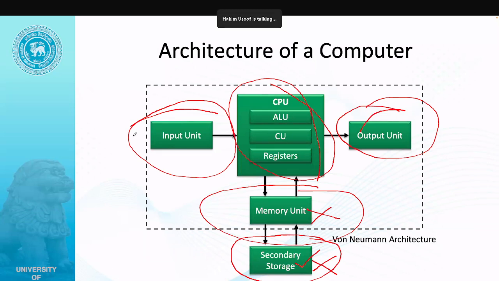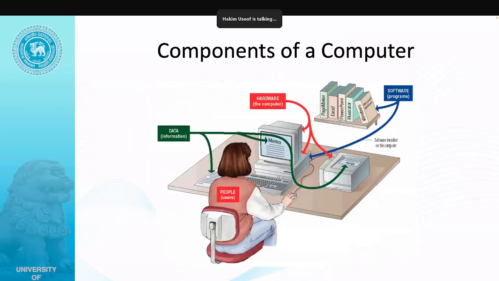So we look at what are the inputs of a computer, right? What are the devices that help input information and data into a computer? What are the outputs? What does memory look like? Or what are the types of memory that we have and what are the storage that we have? So we look at these components, right? A computer system works in a particular environment, right? This environment